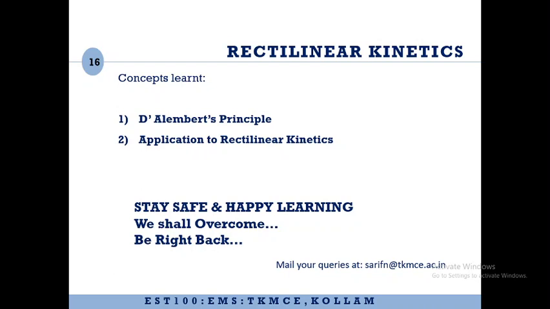To solve the problems, step number 1 will be analyzing the tension in the strings. When we analyze the tension in the strings, the tension will be the same on the string passing over massless pulleys. Second thing is, we have to consider the free body diagrams of the pulleys and find out the tension in all other strings if there are multiple strings. Next step will be to assess the direction of acceleration as well as displacement of the blocks. So this we will assume as directed away from the pulleys. Next step will be to draw the reference lines.